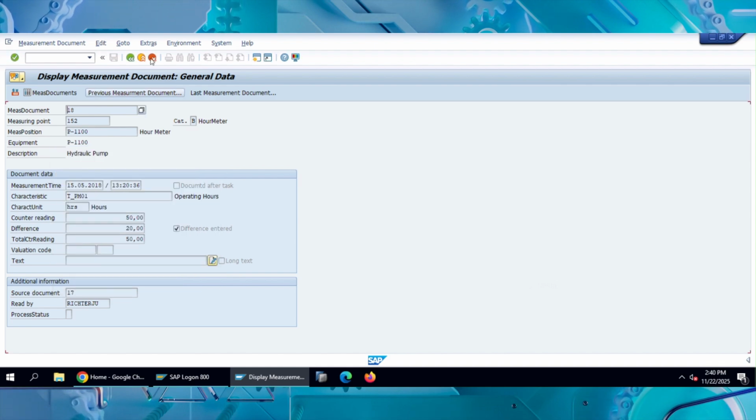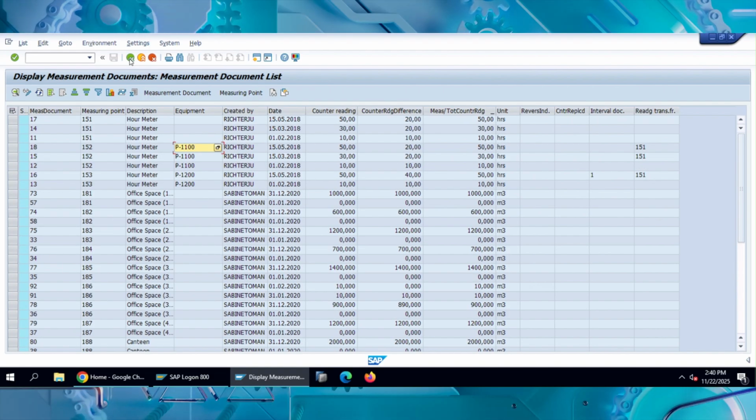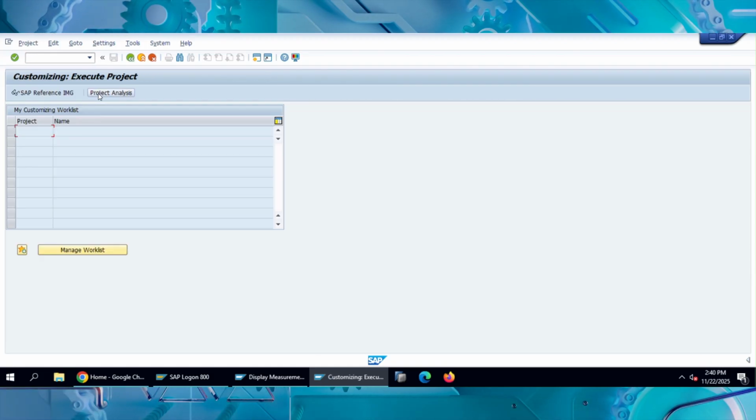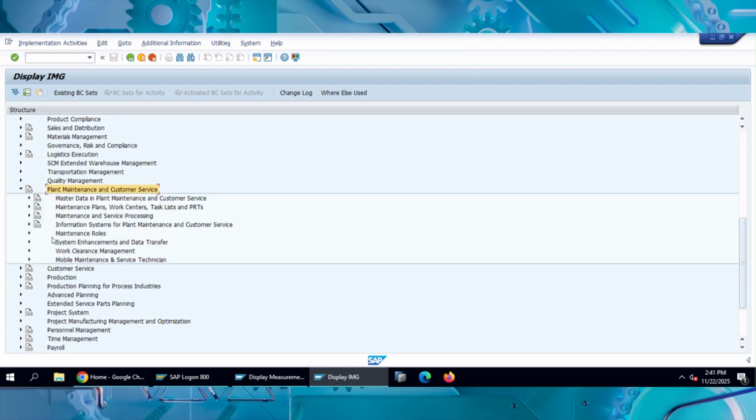Okay, so let us see the configuration part first of all, and then we will proceed with the creation of the measuring points, and then we will also see how it gets linked with the equipment or a functional location, and then how to post measurement documents. Okay, so I'm just opening a new session over here. Go to SPRO, then click on SAP Reference IMG. All right, and then you have to go to Plant Maintenance and Customer Service. Okay, and then Master Data in Plant Maintenance and Customer Service,